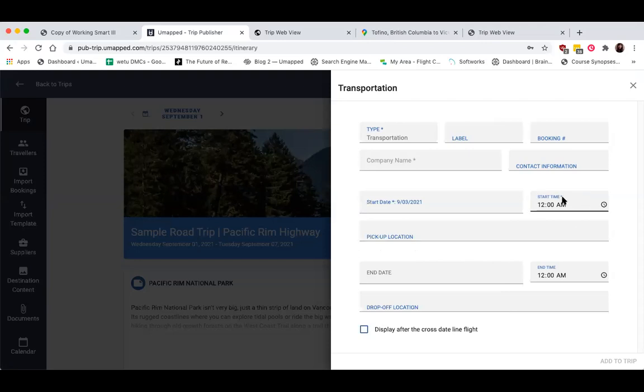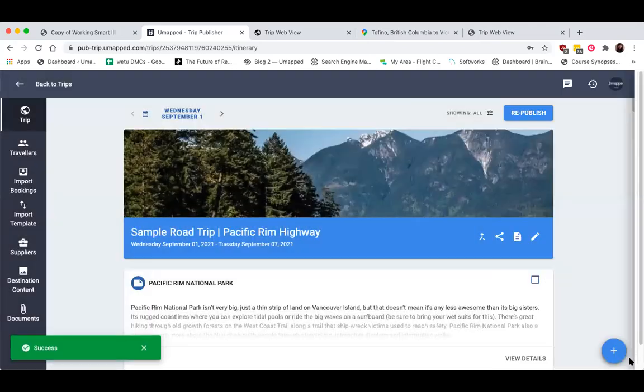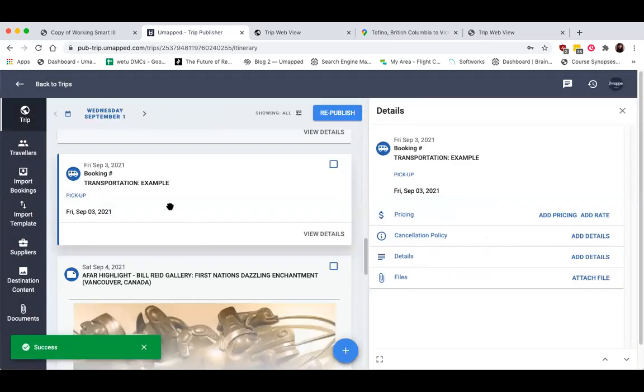You'll notice that even though there's that little asterisk that indicates that this is a mandatory field, if I leave this as 12 a.m. and I leave the end time as 12 a.m. as well, so we'll just put example here for a second. Since these are both set to 12 a.m., when I add this to my trip, even though there's going to be a start date, the times are going to be entirely omitted. So that's kind of a little trick.